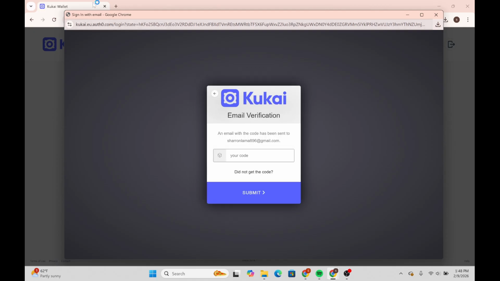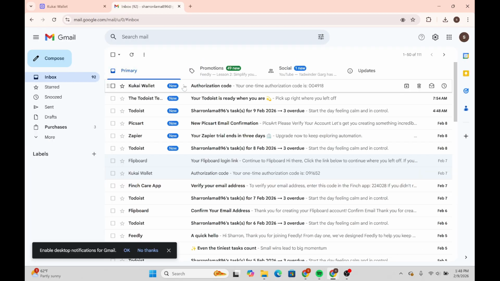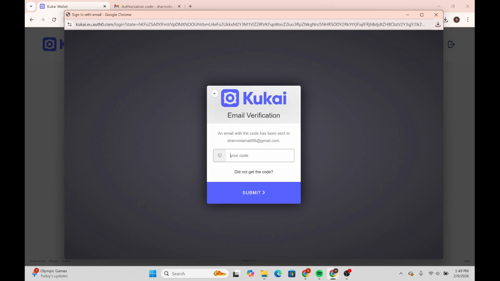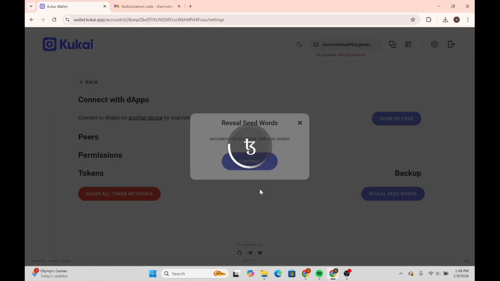Over here you have to go to your Gmail and check for the email from Kukai wallet, and here's the code. What you can do is simply copy this code and paste it over here and select submit, and that is it. This is how you can restore seed words in Kukai wallet, and once restored you can send and receive XTZ, access NFTs and apps, switch networks if needed,